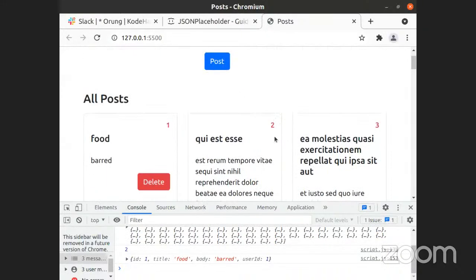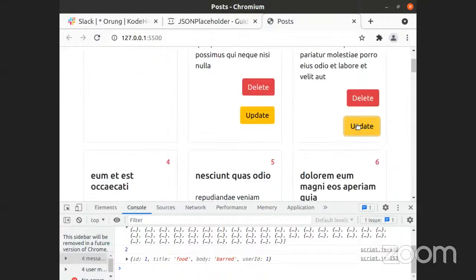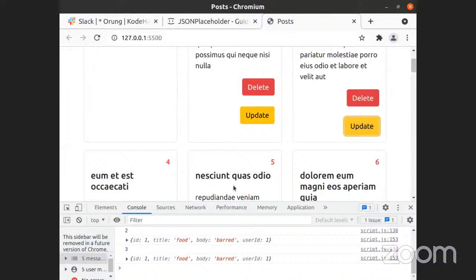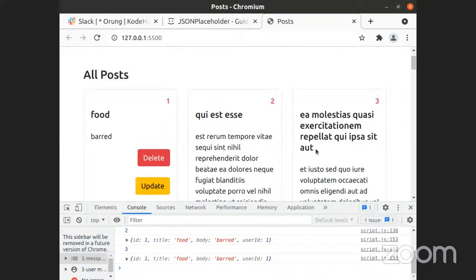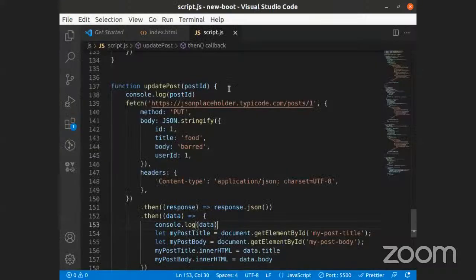You see an ID of 2. I click on this, an ID of 3. So we're able to pass in the ID of this into our function. That's why we passed it as a parameter into that function, and that's why you're able to see this number. But each time we click, this is the only one that keeps changing. Reason being that if we come back here, this is the number that this thing is looking out for, and it keeps updating this. If I change this to 2 now, and I come and click,